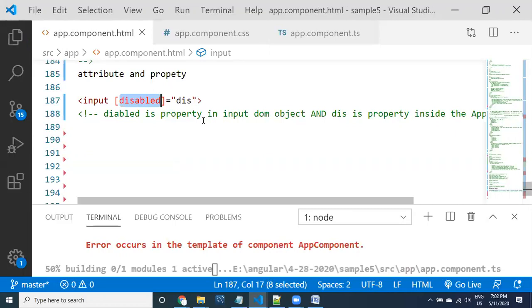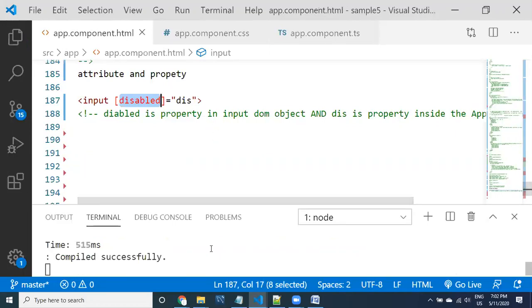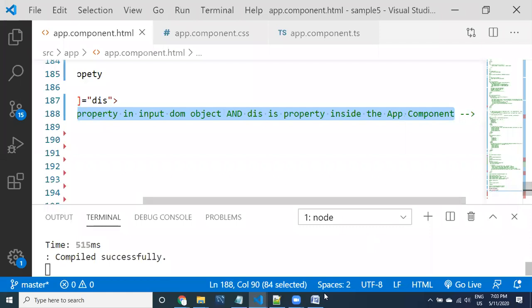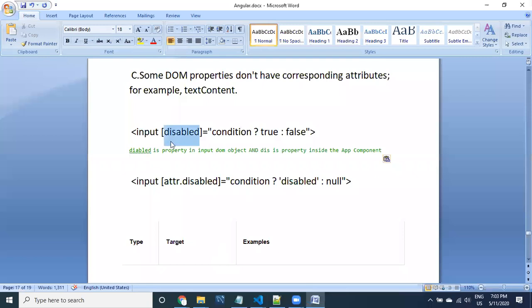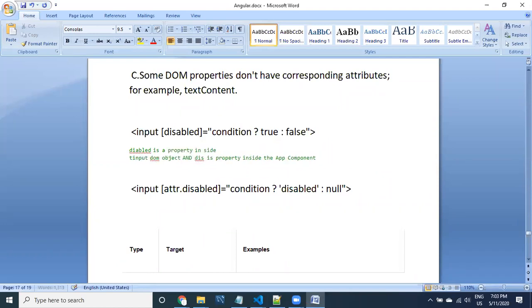Give me 1 second guys. Now, input, disabled equal to this, right? So you can easily understand this comment. Let me provide this information here: disabled is a property inside the input DOM object, and this is a property inside the app component.